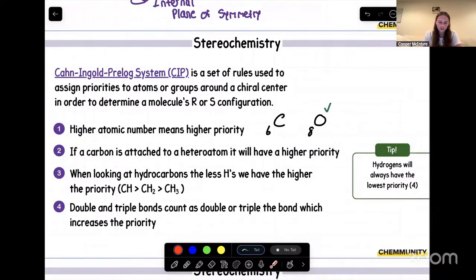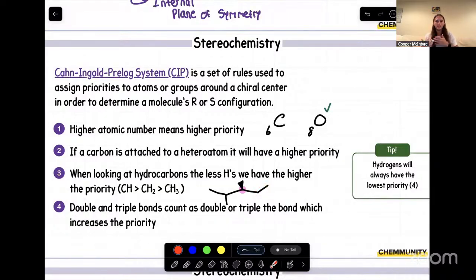And then in terms of our third thing we want to look for is just say if we're only dealing with hydrocarbons, correct? Say we have a hydrocarbon that looks like this, where we have a chiral center right here, and we're trying to assess priorities. This group will be a higher priority. We'll actually add in this just for fun. There we go. This group right here will be a higher priority than the one I just circled right here.